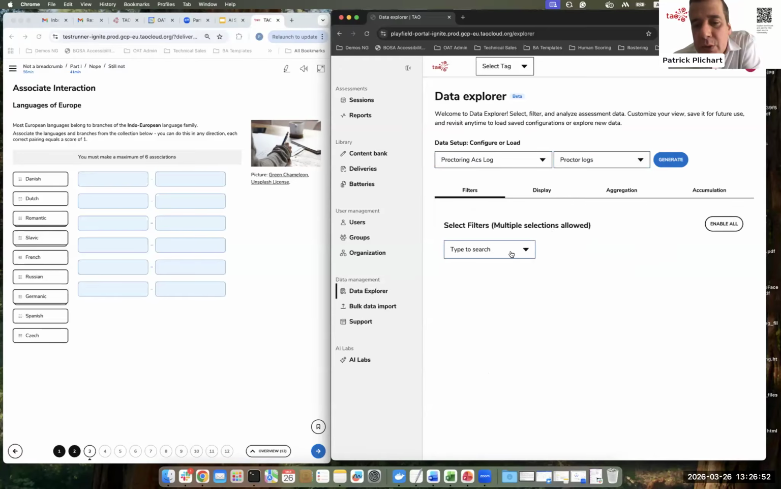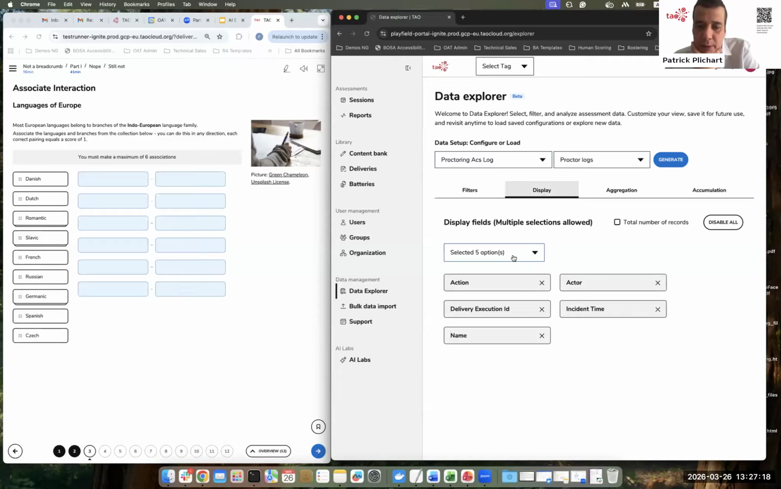Which logs I'm interested in. So I'm just going to say I want the logs for a specific test taker. The test taker I've been using for this demo was CE webinar 3. And now I can say also what data I would like. So about this test taker, having taken the test right now, I want the logs, but then I'm particularly interested